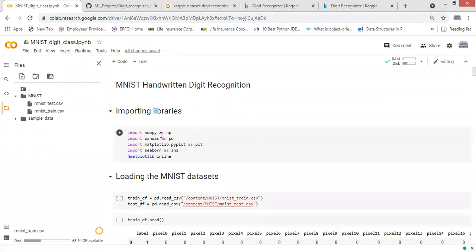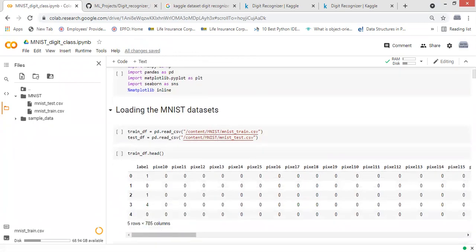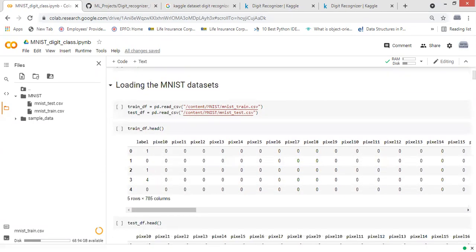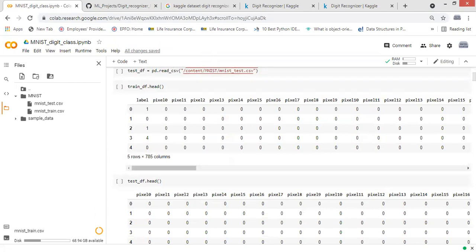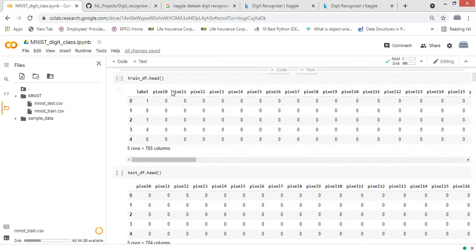Now I have imported the libraries NumPy and Pandas, and then loaded the dataset using pd.read_csv. By using the head function, I have seen the train and test heads.